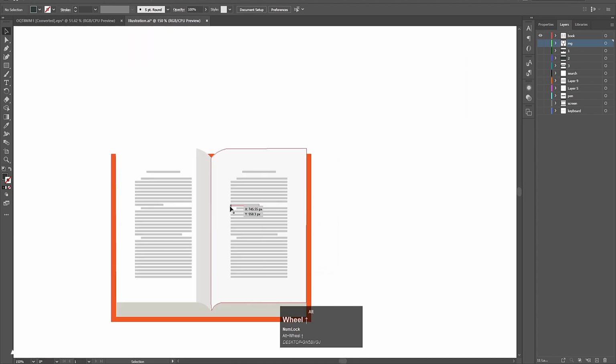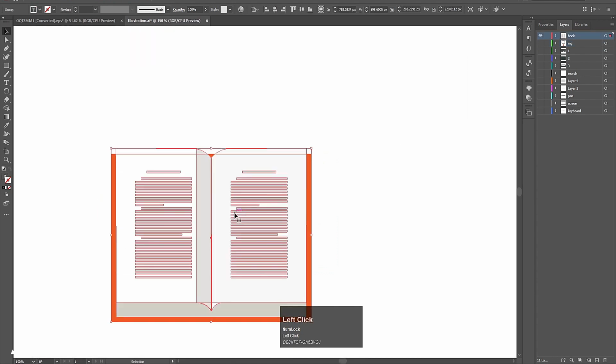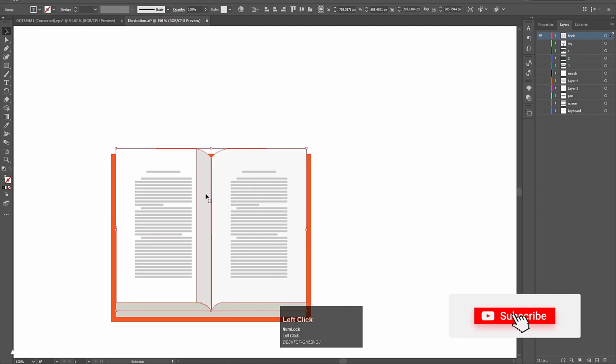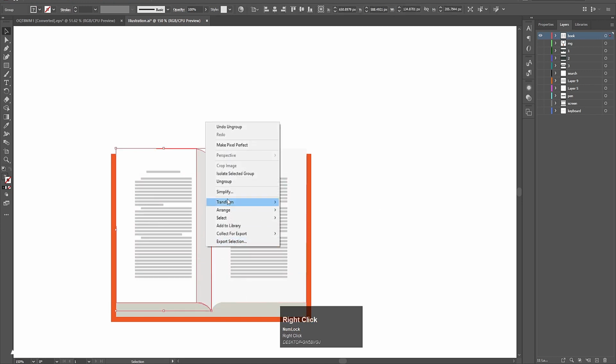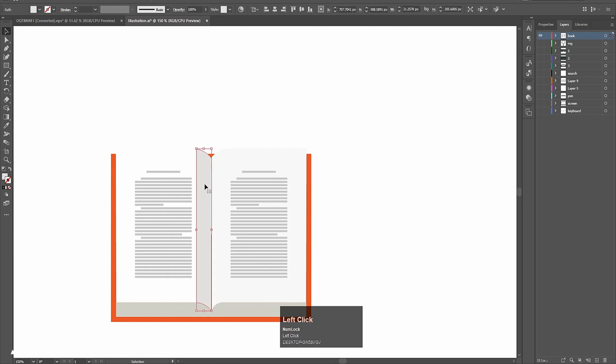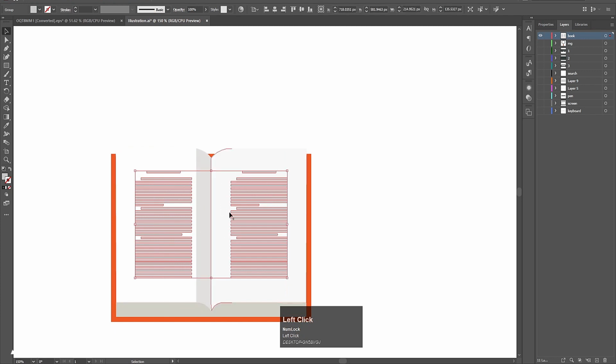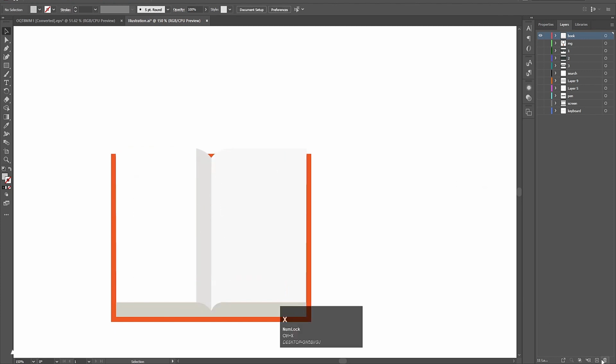And now we have to focus on this book, so for that what I'm gonna do, right click and make this ungroup like this. Select this, right click and ungroup again. Then we have to select this, right click and ungroup. Then we have to select this and this and this. But if you see, this is one thing only, so hit Ctrl X, create a new layer, new layer, and